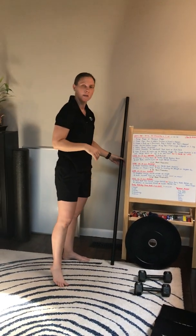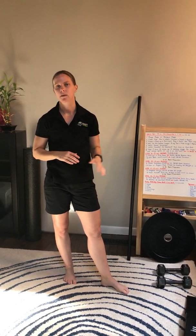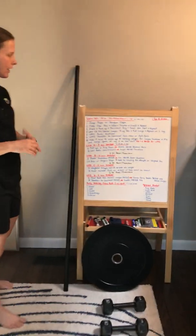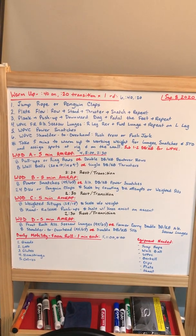We'll take about 5 minutes to warm up to our working weight for the 3 movements, as well as assigned spots on the rig and on the wall. So we have 4 WODs today. WOD A is going to be a 5-minute AMRAP, 8 pull-ups or ring rows, or double dumbbell or kettlebell bent-over